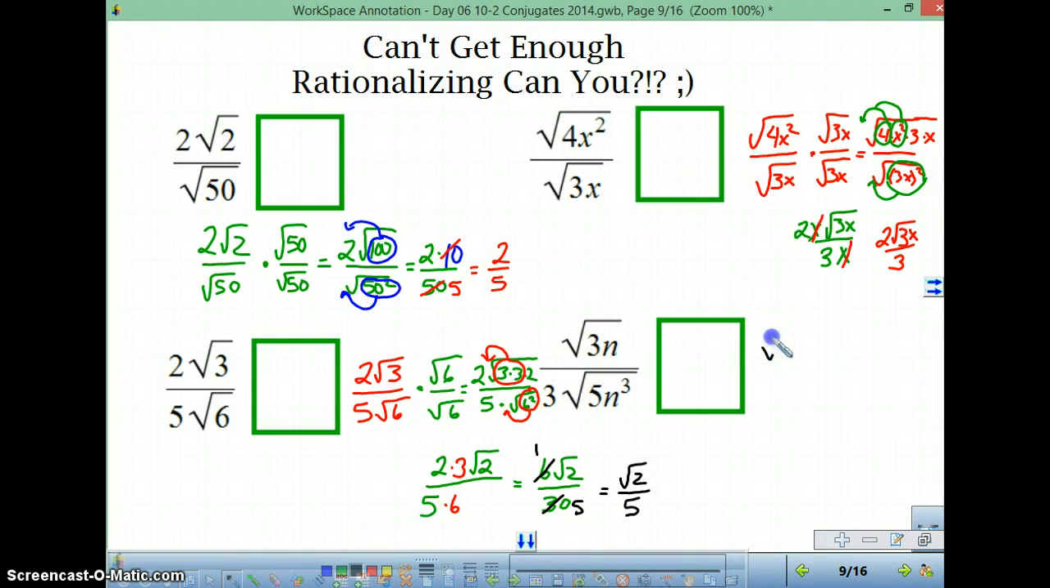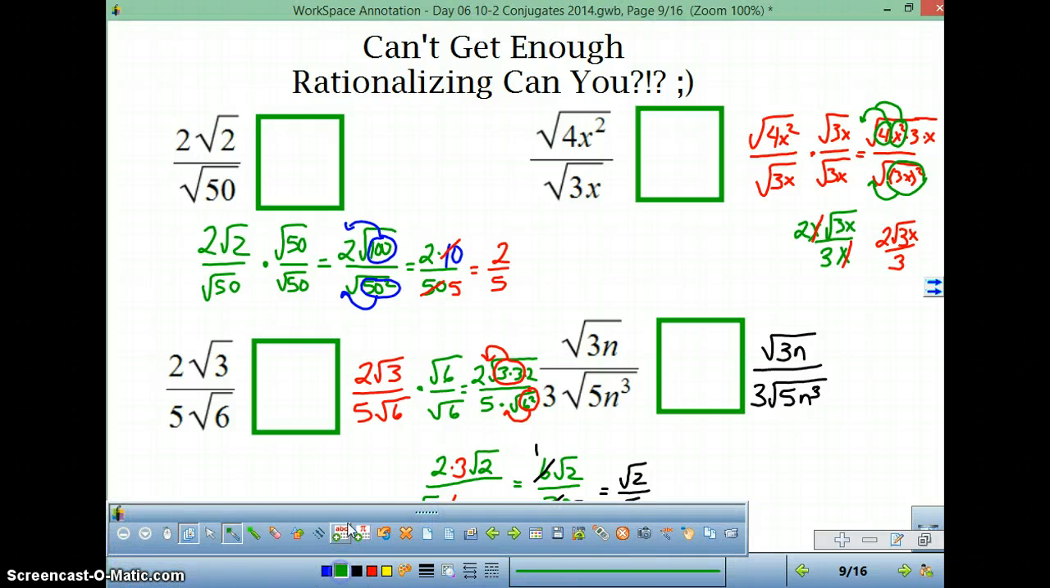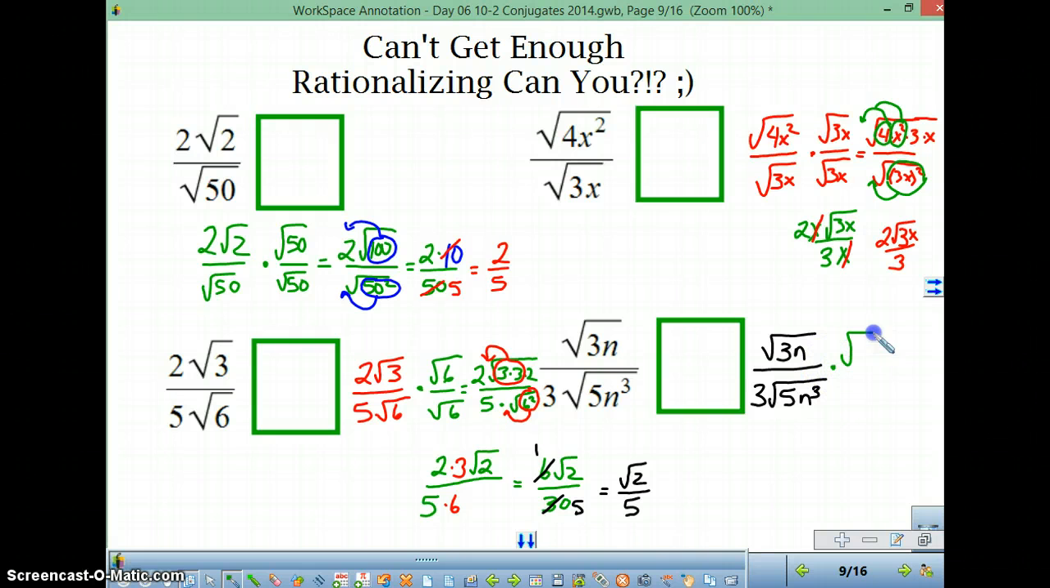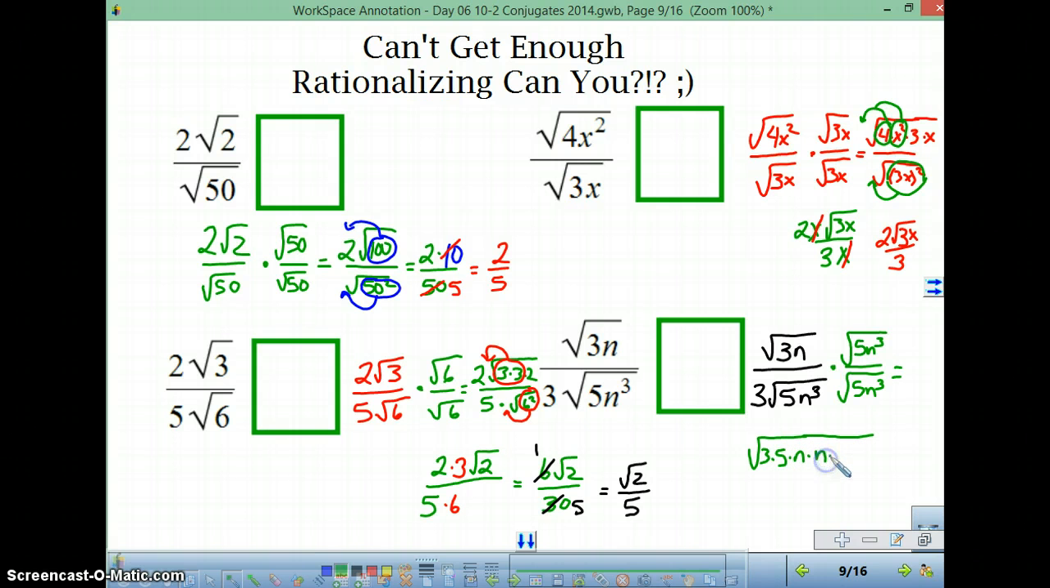Okay, last one here. Square root of 3n over 3 times the square root of 5n cubed. All right, I could start by taking a perfect square out of these n's, but I think what I prefer to do is just rationalize the denominator right away. Square root of 5n cubed over the square root of 5n cubed. Okay. In my numerator, I'm going to end up with square root of 3 times 5 times n times n times n times n. In my denominator, I'm going to end up with a 3 on the outside, because we do the integers first. 3 times that invisible 1. And then in my radical, I've got